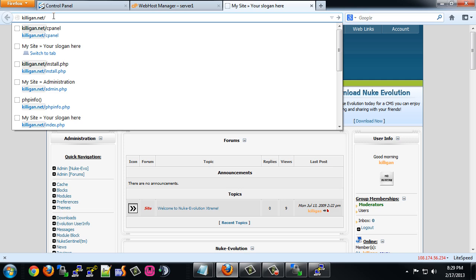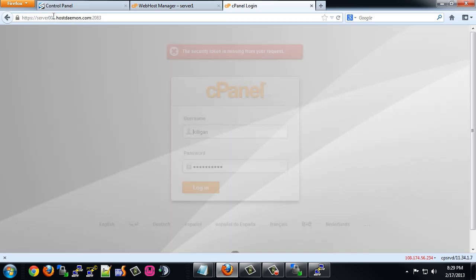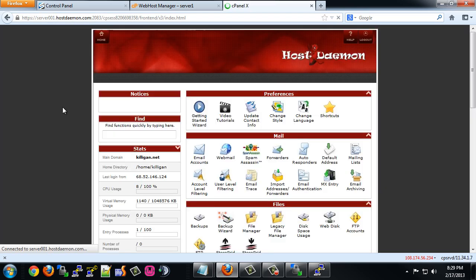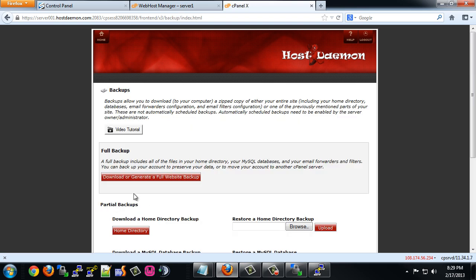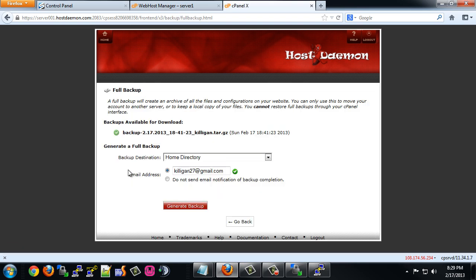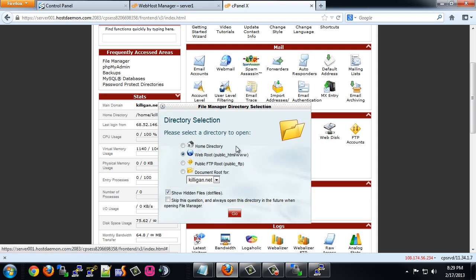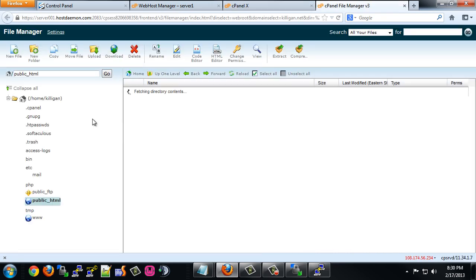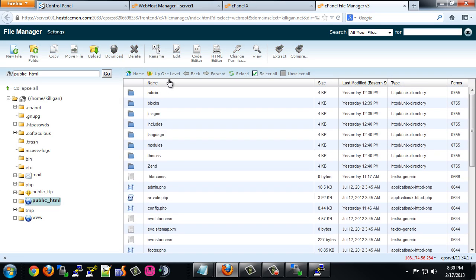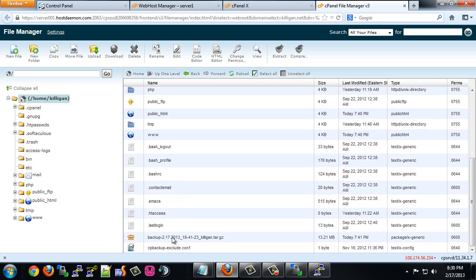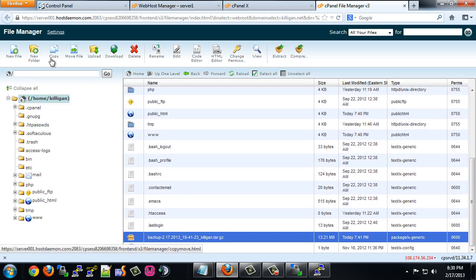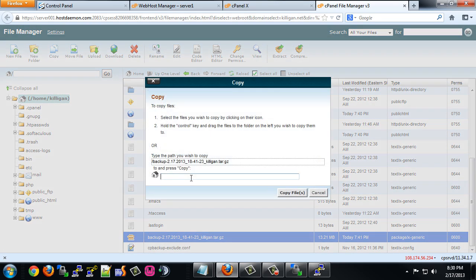But if we go in and we want to transfer this site quickly and easily through SSH, what we would do is just go into our backups here, and we download or generate a backup. I have a backup that I did just a little while ago. So what I'm going to do is go into the file manager, and we're just going to move this backup file. I'm just going to click on it, and I'll just copy it over, and we're just going to copy it to the